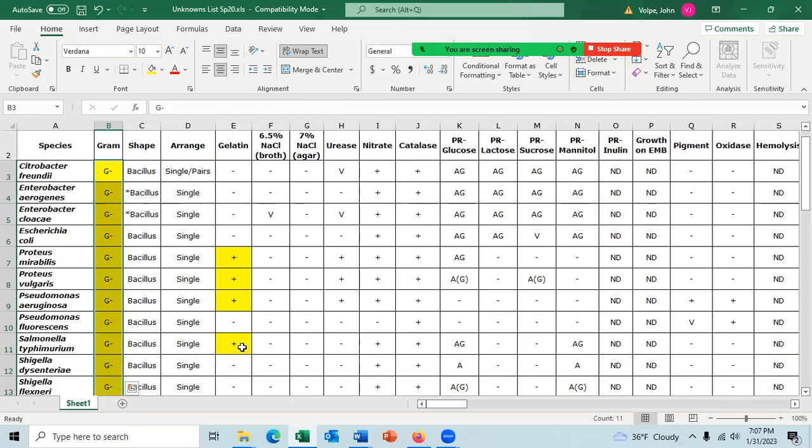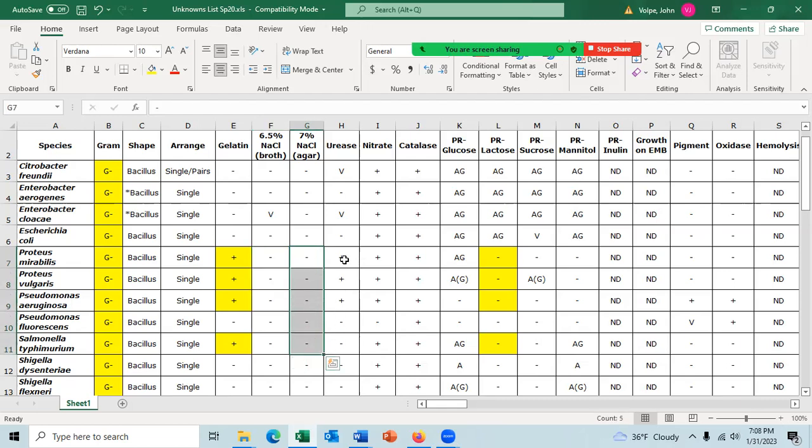That's doing dichotomous logic. You'll do the PR lactose test, but actually all of them will be negative in this case, so it doesn't help you narrow it. And then you can do another test to narrow these four. You would not want to do 6.5% sodium chloride because all of these are negative. It won't help you narrow it. You wouldn't want to do 7% sodium chloride either.